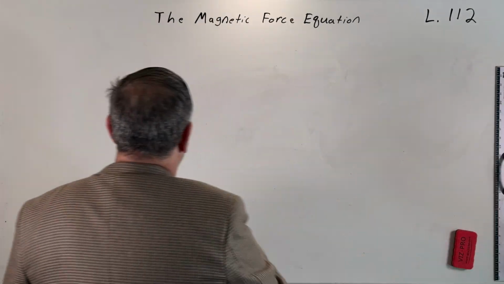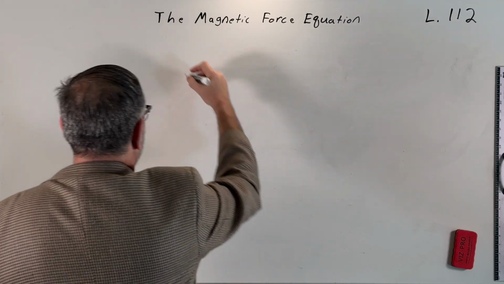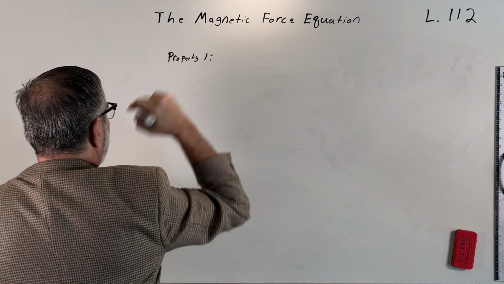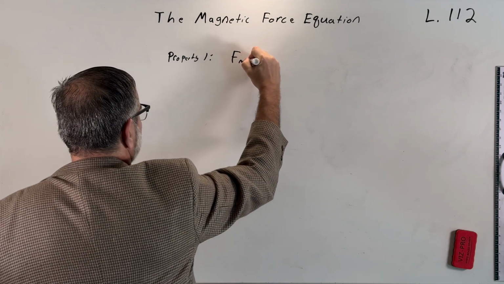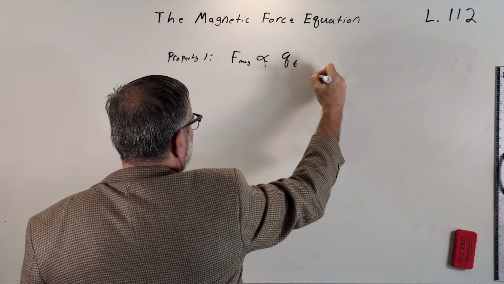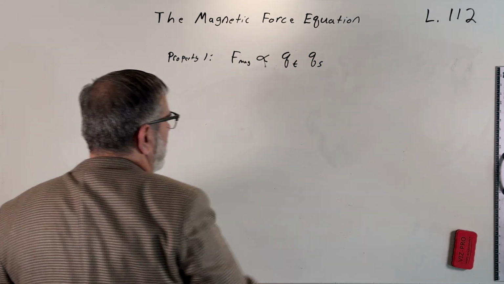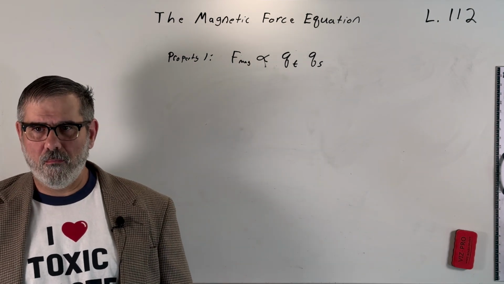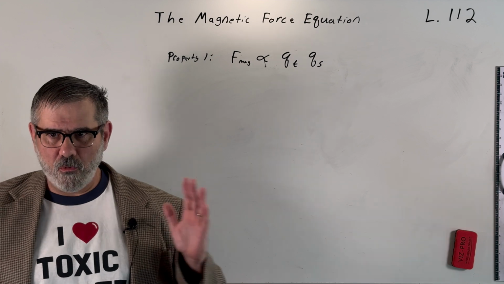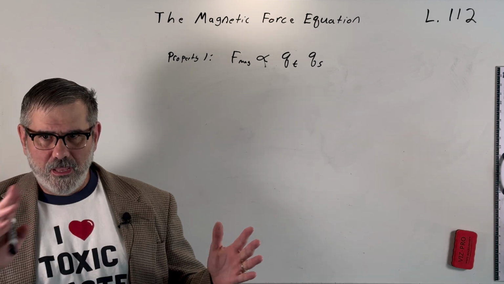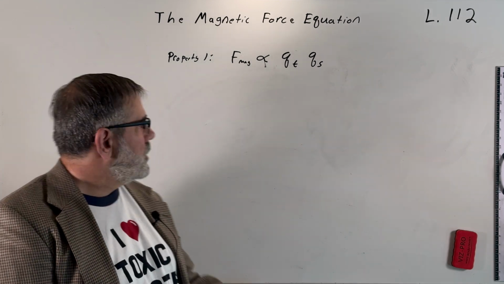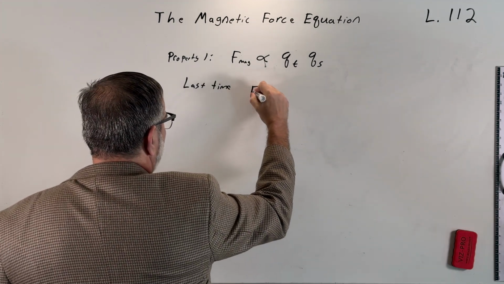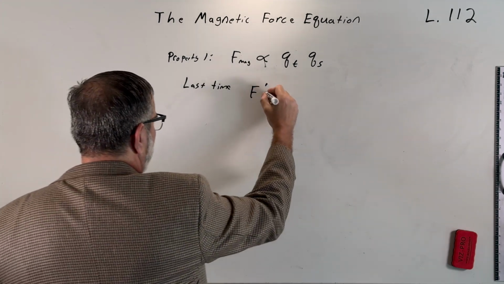magnetic force. And so the first property, call it property 1, is that this magnetic force is proportional to the test charge and the sign of the charges and the magnitude of the charges in the source frame as well. So the source of the magnetic force, that's the moving charges, and the test charges, both of these contribute to the magnetic force. So from last time, we found that in the moving reference frame, we had a force which